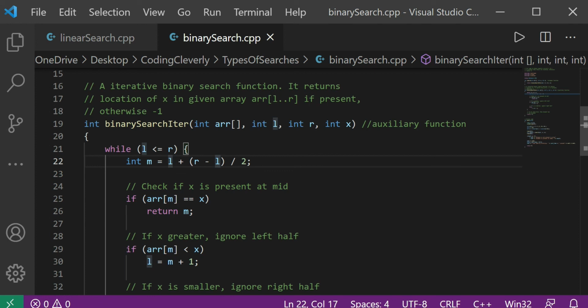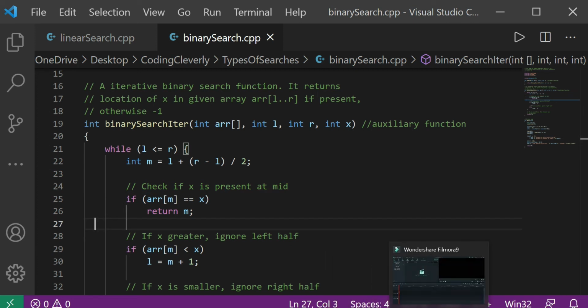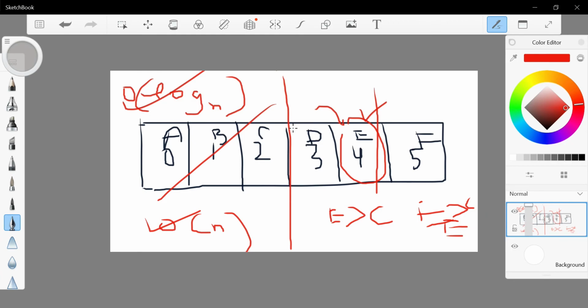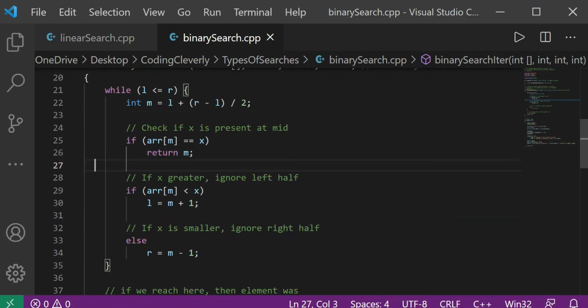We got the first element, plus we have this in parentheses, the last element minus 1, and then it would divide it by 2. This is a particular formula. We'll take out the midpoint of the array, and then check if X is present at mid. If it is present, we'd say we got that element at the midpoint. So if it is present, just return that element from the mid. But if it's not present, it would just return M, which is